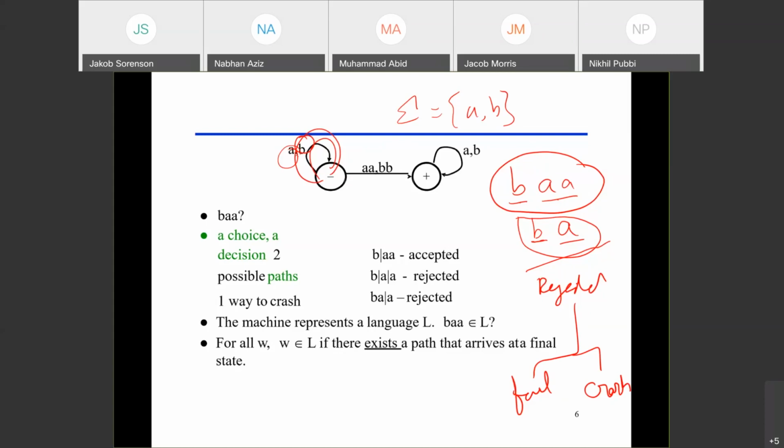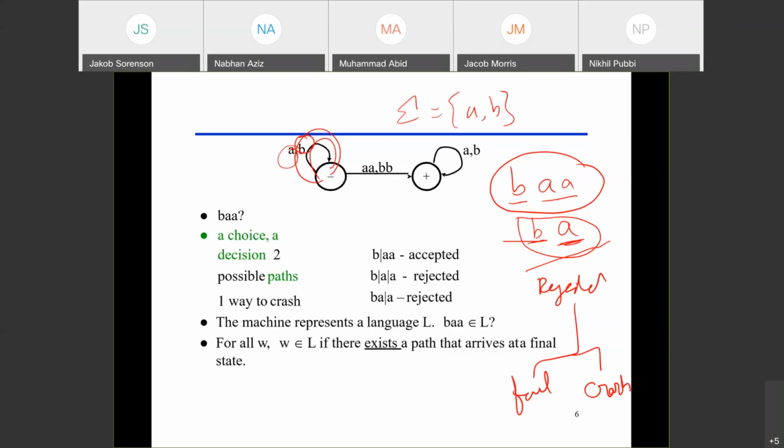No, no, this is not the reason. The reason is that you completely traverse the whole word. There is nothing left in the word. You first pass B and the machine is handling B. Then you pass A, the machine is handling A. Your word finishes, but you do not finish at the final state. You are at the start state. That's why it is rejected and it is fail.